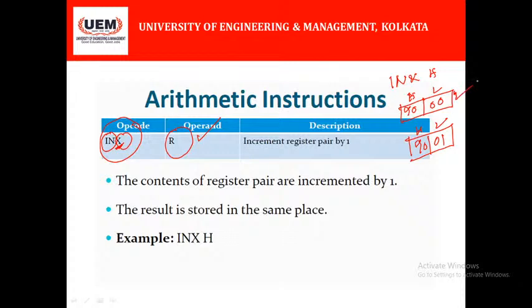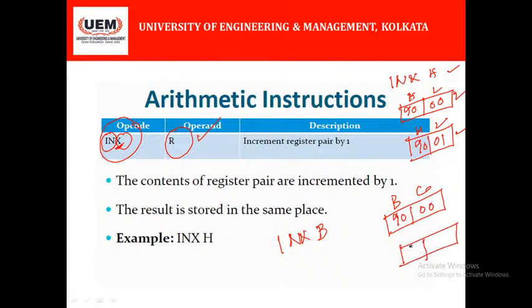So previously it is 9,000, now it becomes 9,001. So we have successfully incremented the value of the HL register pair. Similarly, if we write INX B, that means we are about to increment the value of the BC register pair. Suppose it is 9,000, after INX B it will become